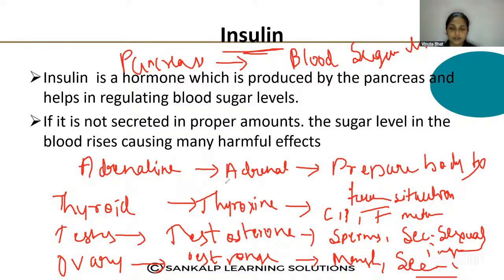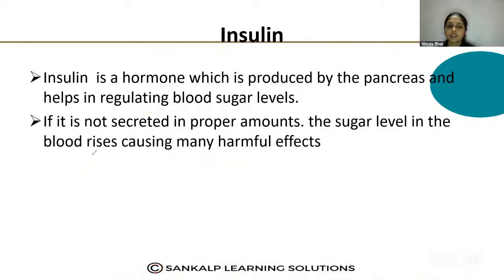They'll give a situation, or they'll give some glands. You have to write which hormone is released and what is the function of that hormone. So you have to study all these points. Just make one table and study it properly. So this is about the hormones in animals. Before that we studied about the hormones in plants.